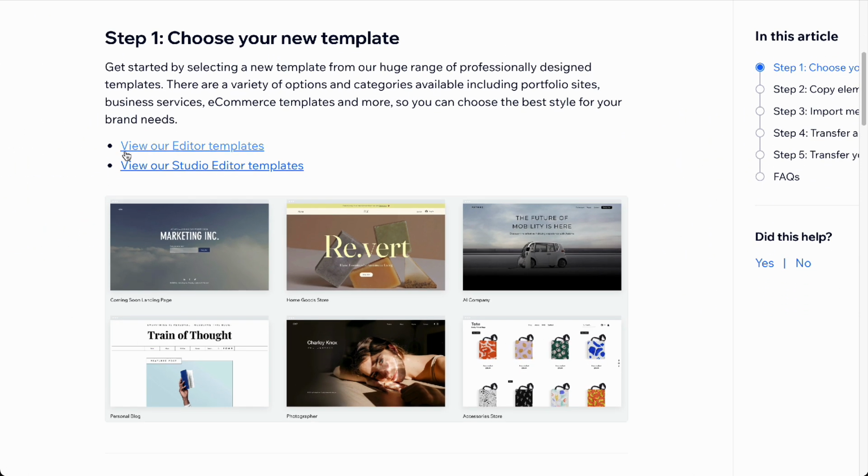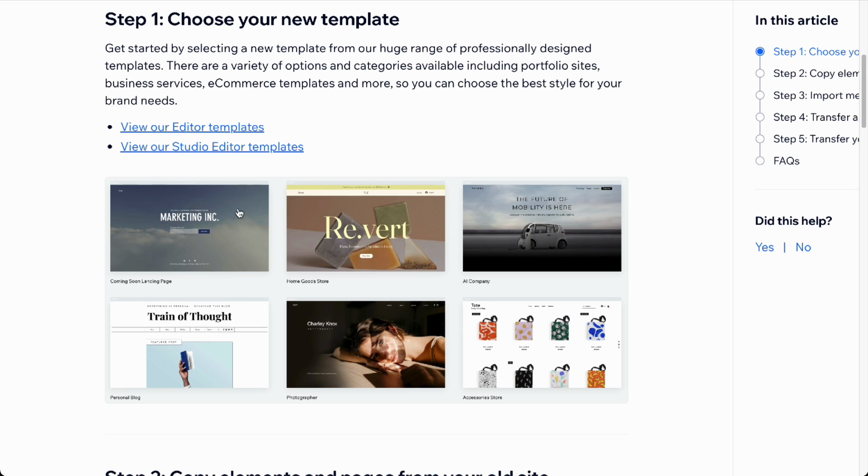You can go through their Editor templates or you can go to their Studio Editor templates. So there are two different places you can look for templates. Once you have looked for a proper theme for your own Wix website, all you have to do is go to step 2,